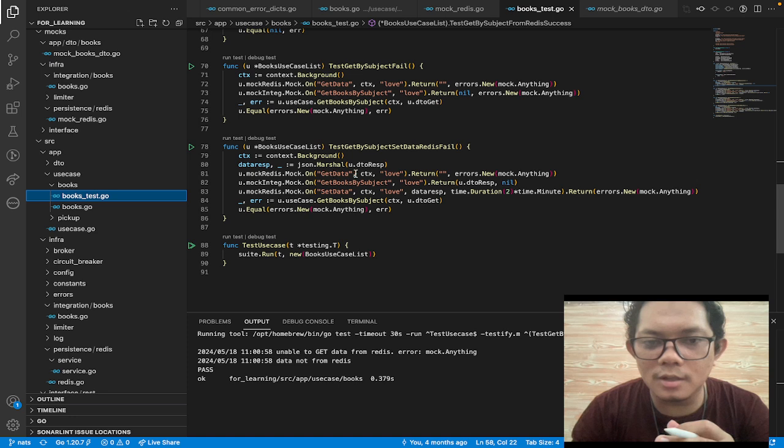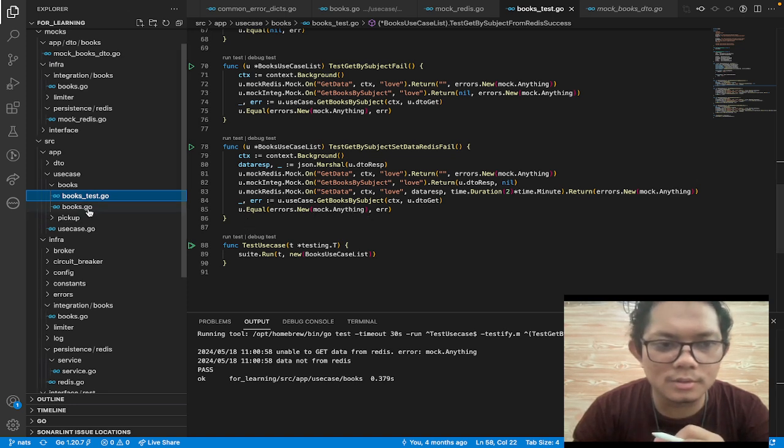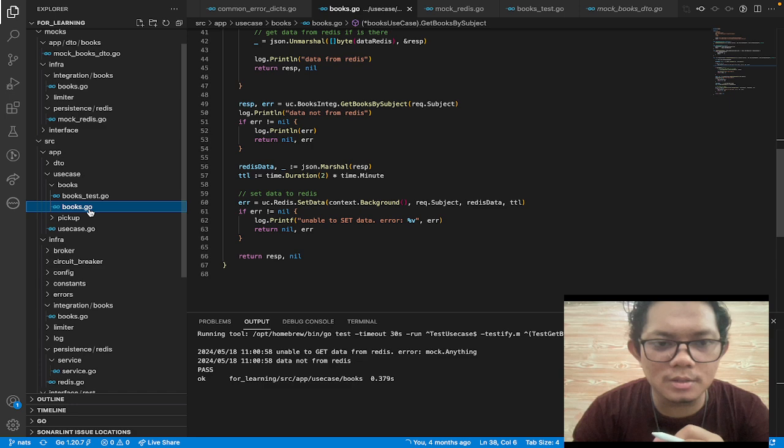So after getting the data, we return an error. After that, it will go to the actual third party to retrieve the data. After that, we set data to the Redis, and we can check an error is equal to mock anything again. So this is the line.